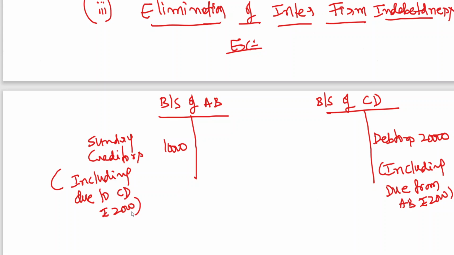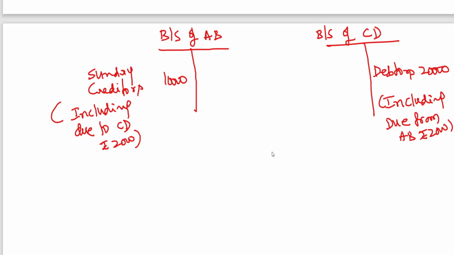Sundry creditors including due to CD 2,000. This 10,000 rupees is including due to CD. Balance sheet of CD. Now what happened? Including due from AB. That means previously AB and CD were competitors, two different firms. So maybe they have purchased some goods from CD, and CD has sold. Since CD has sold, debtors is not only due from AB, but due from some other customers also. But here, since AB and CD have merged together, now the new firm